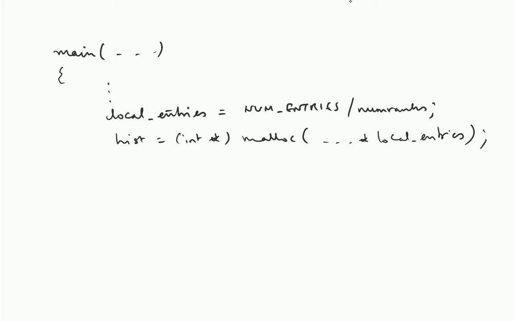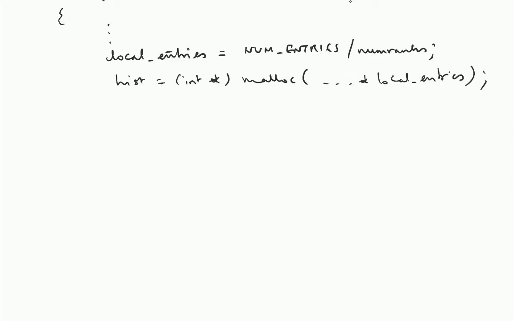So now you've allocated your local table. As we said, it's perfectly divisible, so we don't have to deal with boundary cases. I have to initialize the histogram with zeros, so I'm not writing the code for that again. That's simple. You can write a simple for loop to do that. Now I read data from a file or something,